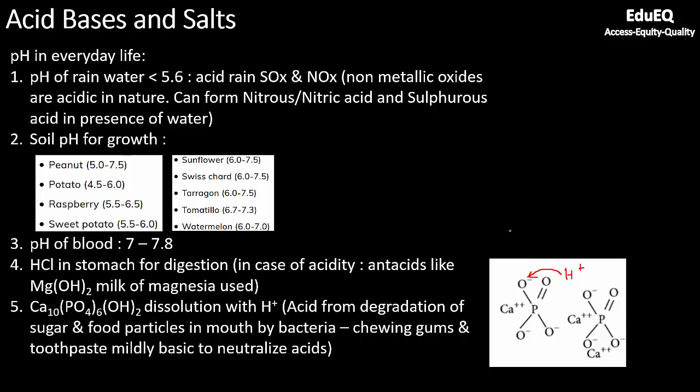Now what will happen if you are eating a chewing gum or using a toothpaste? Toothpaste will supply OH minus. So this H plus, instead of attacking this, will attack the hydroxide, and it will form water. That is how the mouth is prevented from cavity if you are continuously brushing your teeth, or if some people have the habit of eating chewing gums which are basic in nature. So that is the intention. Chewing gums and all will make the environment basic with hydroxide ions, and this hydroxide ion will react with the H plus which has come from decaying of food in your teeth.